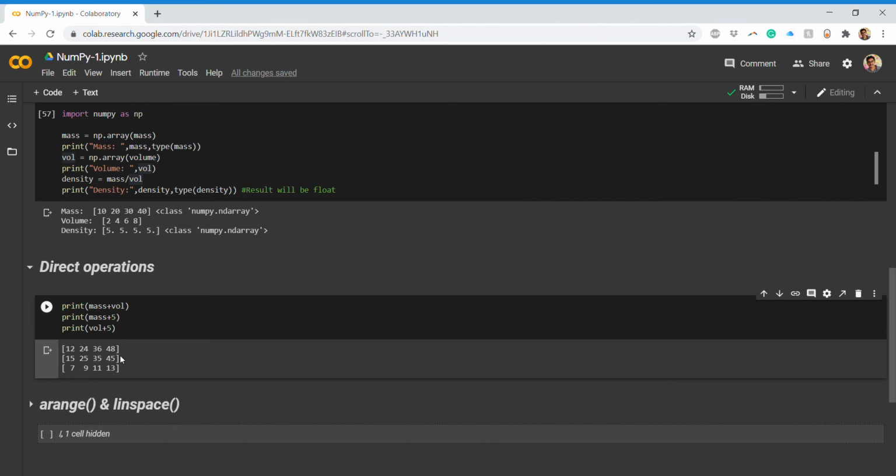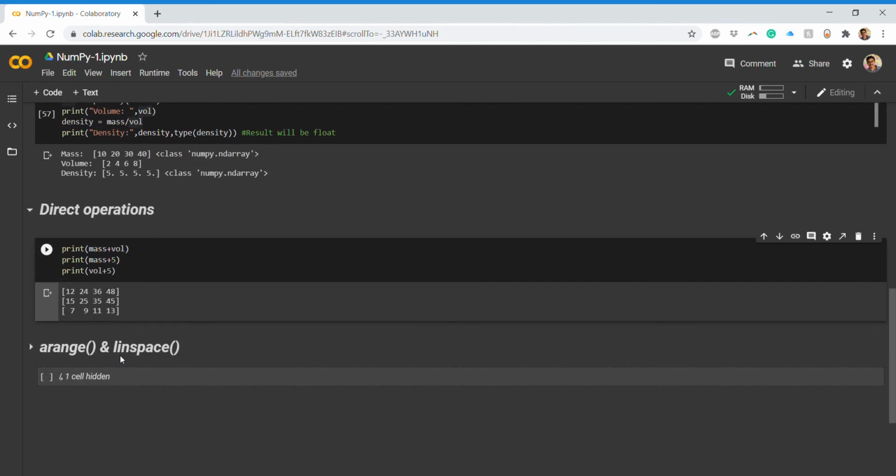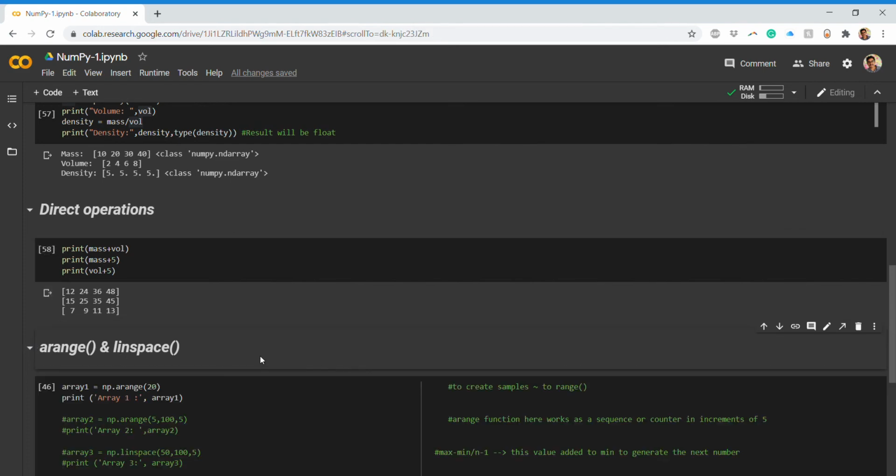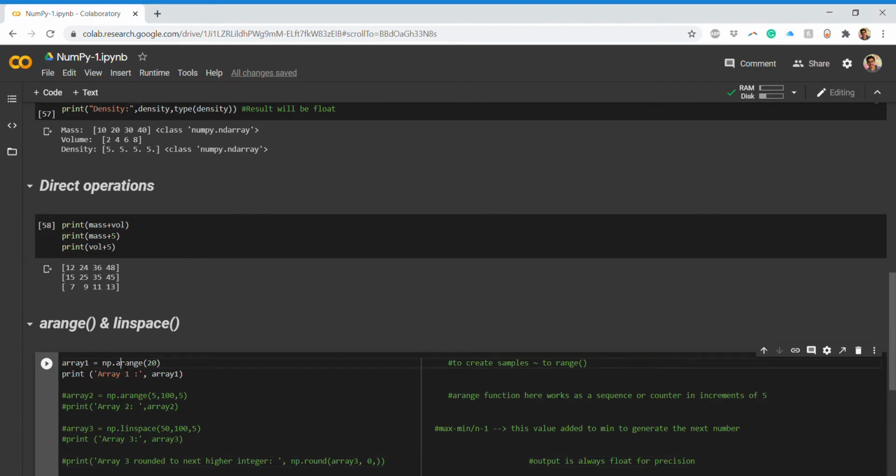Next, we have two functions, a range function and a linspace function. So let's talk first about the arange function. If you know, or have already encountered this before, it is somewhat similar to the range function in a for loop, or for printing the elements. So it is array range. A stands for array, and then you have the range. It is an inbuilt function which NumPy has.